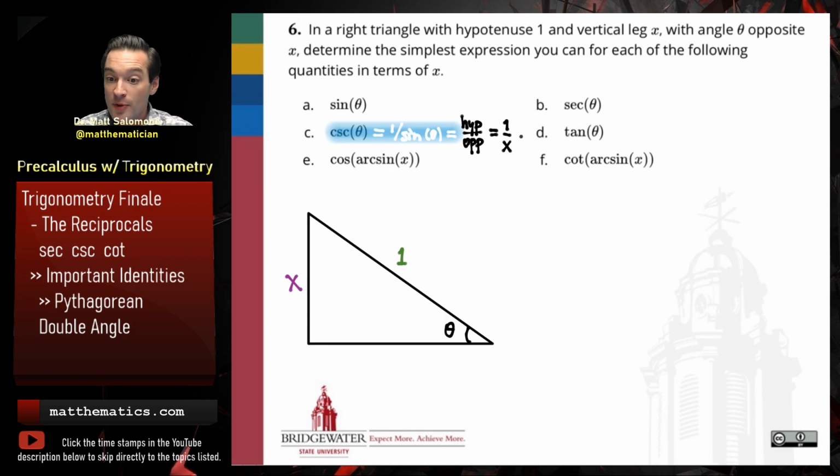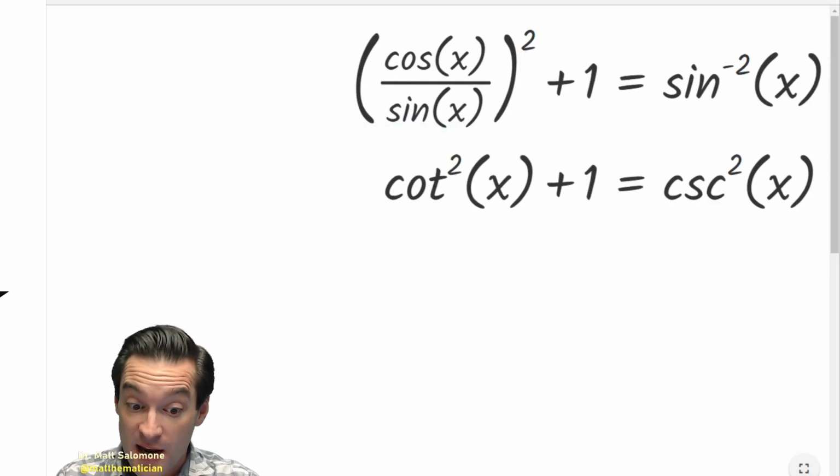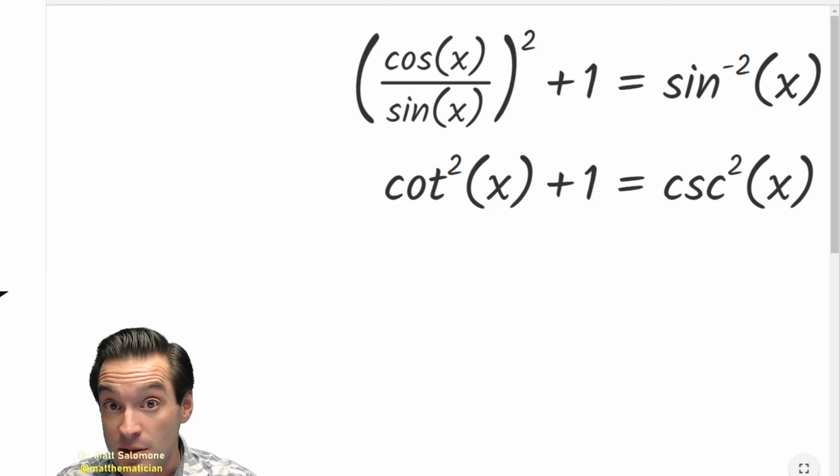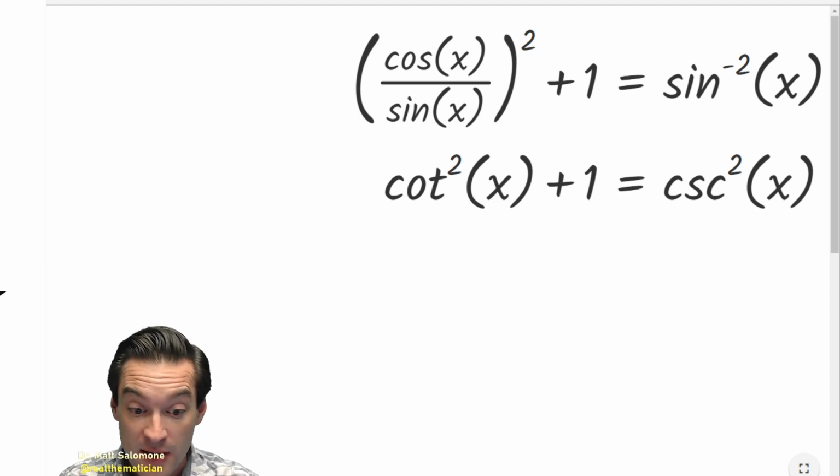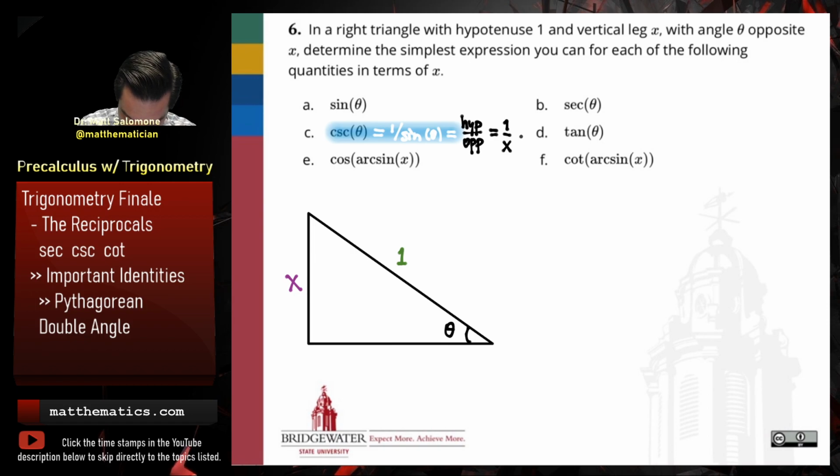So now that I know what the cosecant of theta is, let's take this opportunity to apply one of these Pythagorean identities. Let's use this one that we just derived, right? This one is going to let me interchange cosecant, which I know now, with cotangent. So if I were asked, I'm going to put in here a fictitious part g, if I were asked to determine the cotangent of theta with just the information that I have,